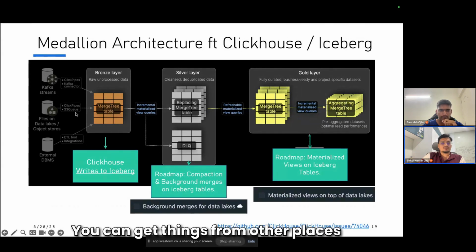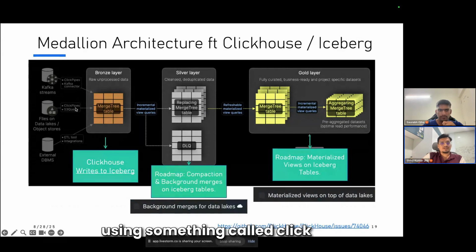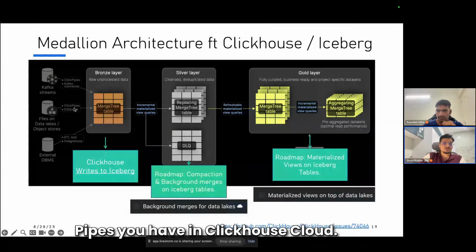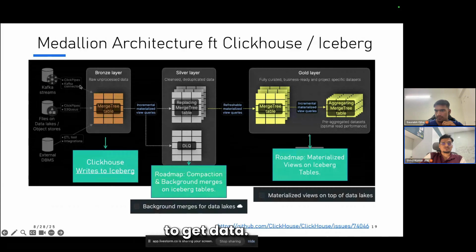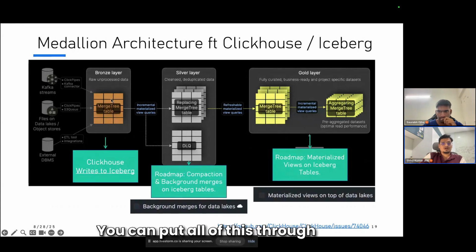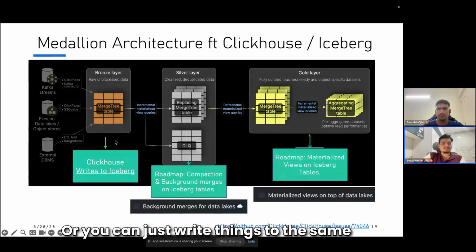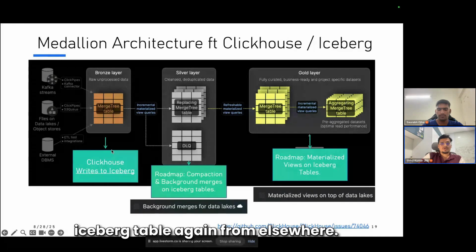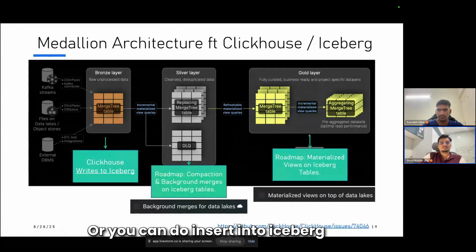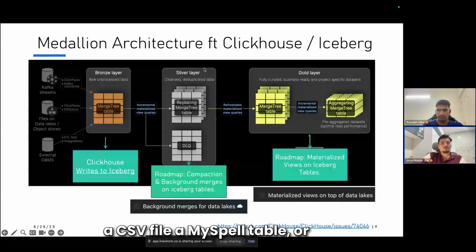You can get things from other places using ClickPipes in ClickHouse Cloud, or you can use the connectors to get data. You can put all of this through a ClickHouse table maybe into Iceberg, or you can just write things to the same Iceberg table from elsewhere, or you can do insert into Iceberg table as select from wherever, a CSV file, a MySQL table, or a Kafka topic, or whatever you want.